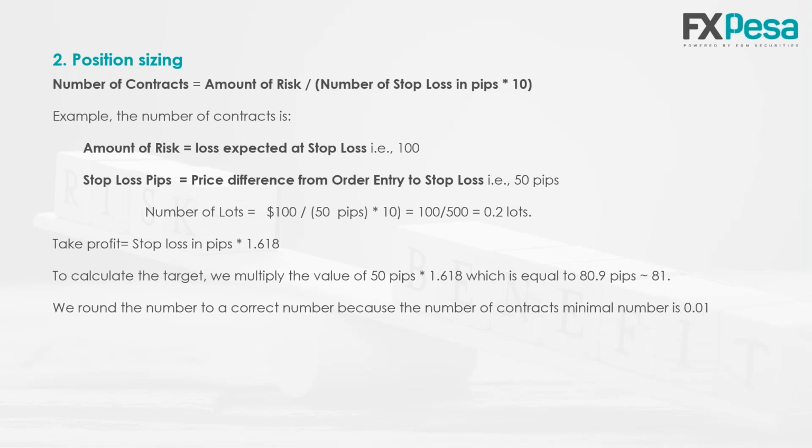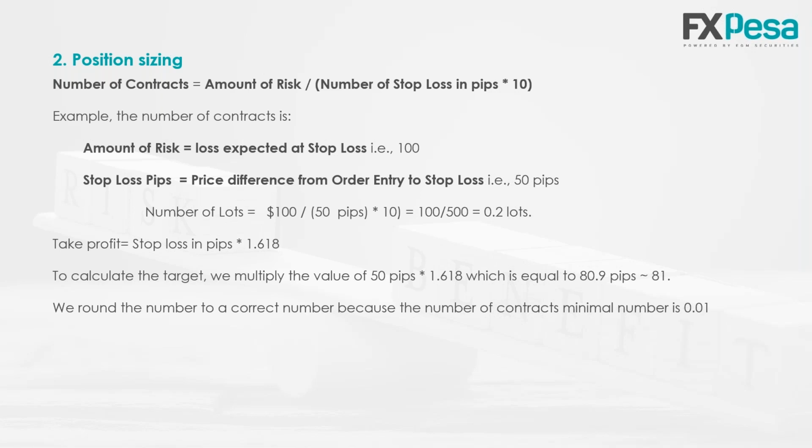That's just a simple way you can use to estimate the lot size you should use. And whichever lot size you find, always make sure that you keep to it, all right? And it will save you. So let's say, for example, the amount of risk that you expect at a stop loss is $100. When I say you expect $100, I mean, for example, if